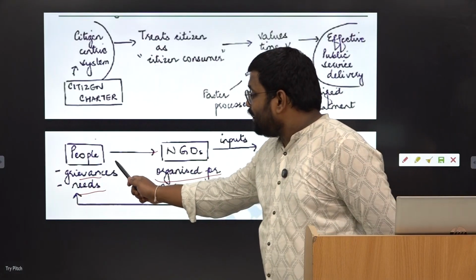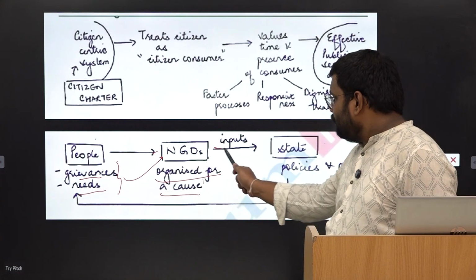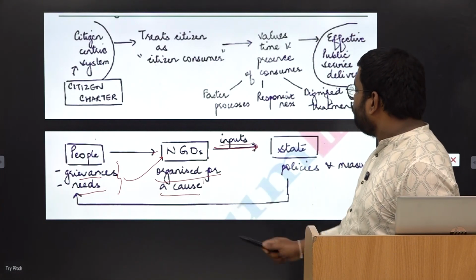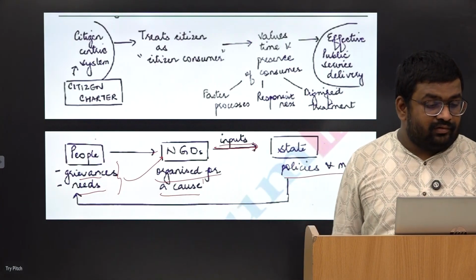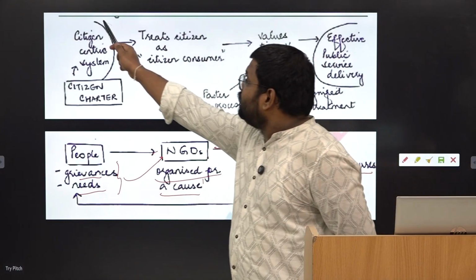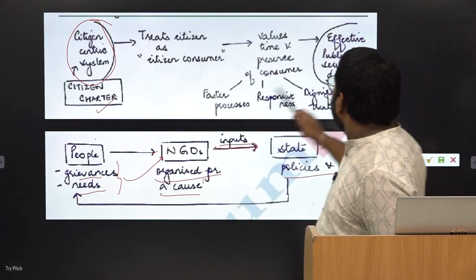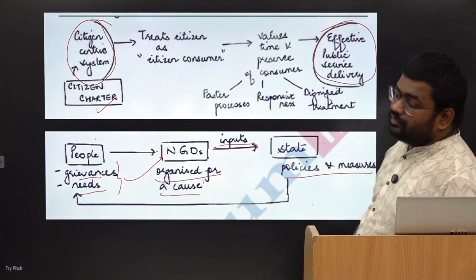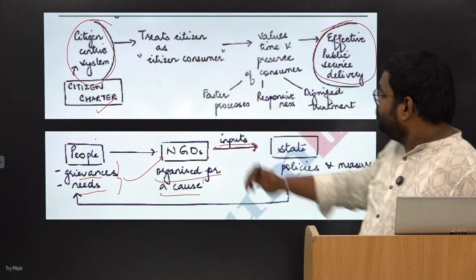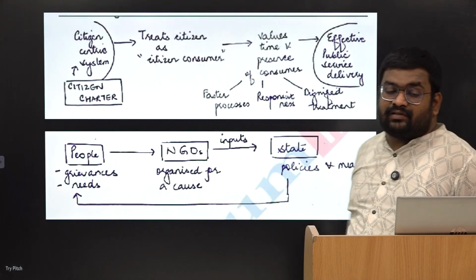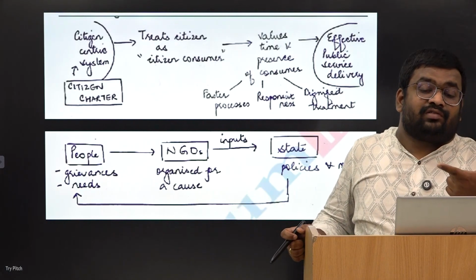So these grievances and needs are advocated by NGOs in the organized form and provided to the government in the form of inputs, which results into the state policies and measures. Right. Similarly, the citizen-centric system, or the citizen charter, which leads to the effective public service delivery. So the cause-effect relationship, right? So this is specifically helpful in your governance